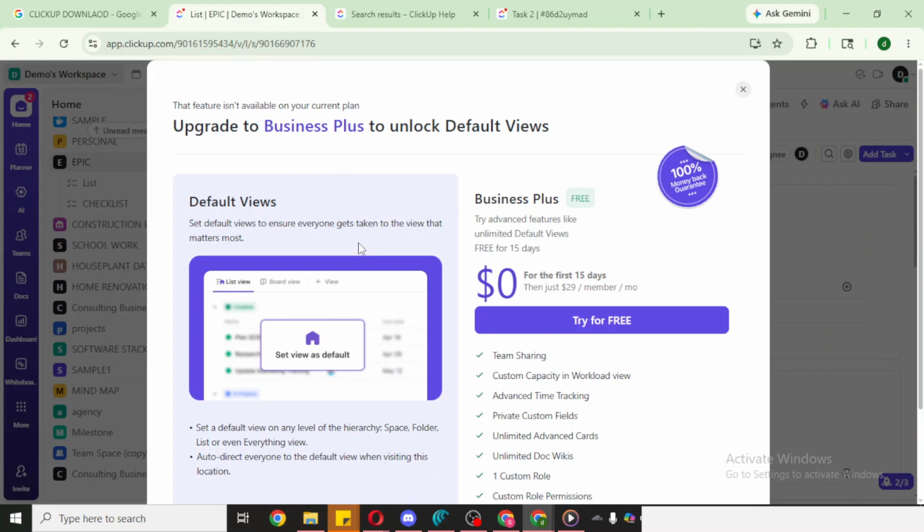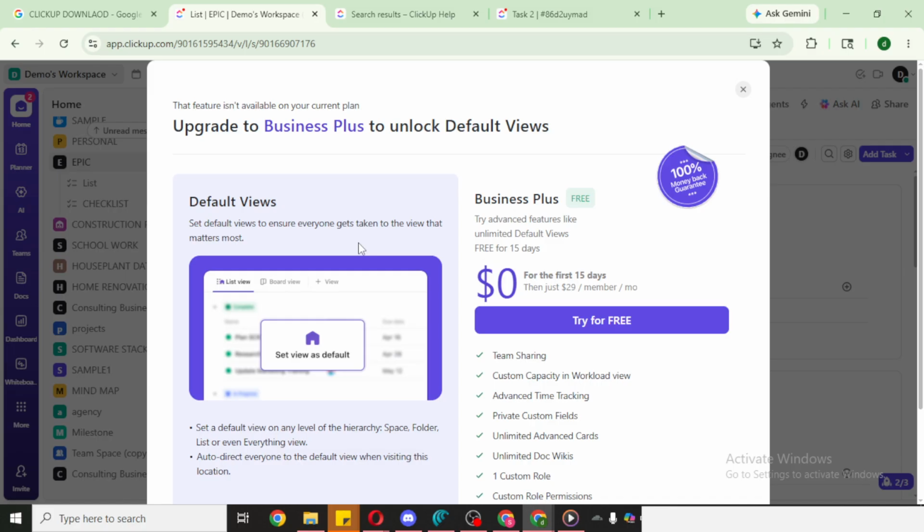A few tips as you do this. Make sure you're actually on the view you want before toggling it, so you don't set the wrong layout by accident. If you don't see the Set as Default View option, it could be a permissions limitation in your workspace, so check with your workspace admin. To confirm everything worked, switch away to another list and come back or refresh the page, and the list should open to your chosen view automatically.